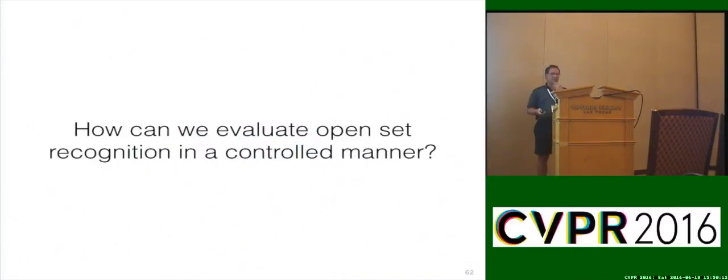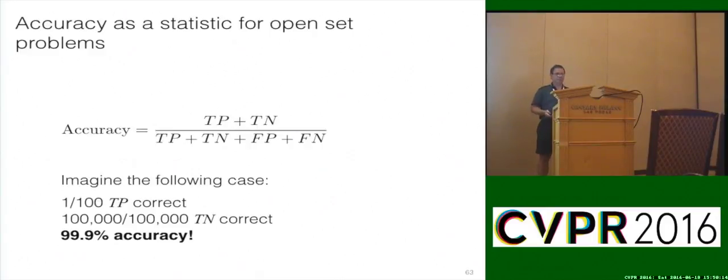So now let's talk about how we're going to evaluate these things. So first of all, we really don't want to use accuracy. The traditional definition of accuracy is true positives plus true negatives divided by true positives, true negatives, false positives, and false negatives. And if I have a case where I have 1 in 100 true positives correct, but almost 10,000 true negatives correct, right? If I basically am doing something like a detector where I have a sliding window and